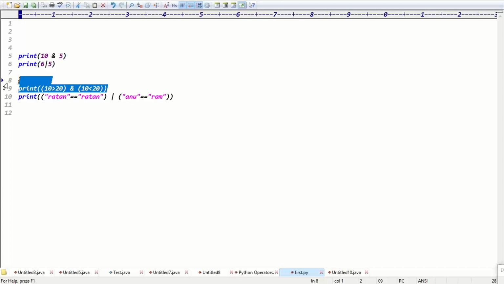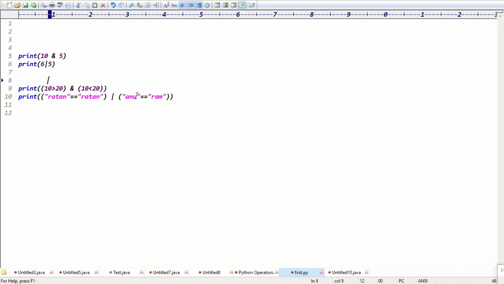It returns true or false. It's not international logic, right? First condition is false, second condition you have to check. First condition is false, second condition is true. False AND true means what's the output? False AND true is false. AND means what? Both are true, then return true. But if anyone is false, it is false, right? Yeah, it returns false.